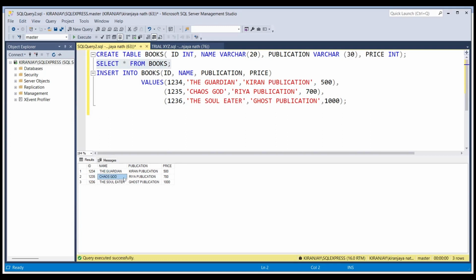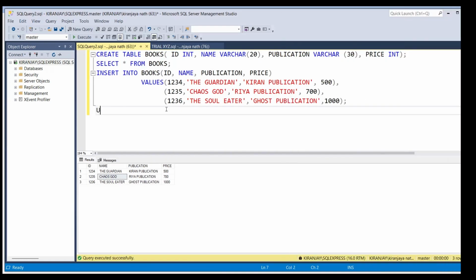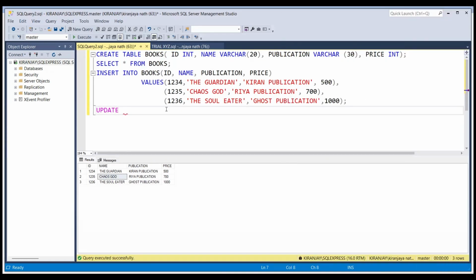So in the second task, it was given that we had to update the price, right? Due to the hike in the price by the book publications, we also have to raise the price in our library, right? So for that, let's change the price for ID number 1234. To change the price, we will use the update command that falls under the DML category, right? So let's write update, then the table name, that is books, update books, set